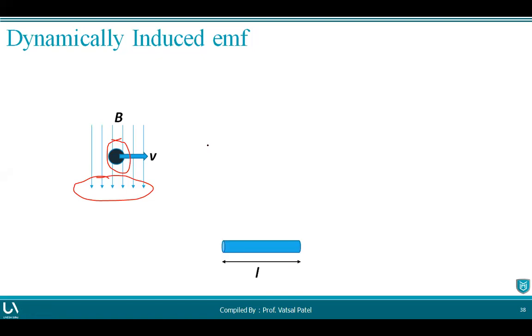Now you have to consider that whatever the conductor is there in the magnetic field, having a length L, this is the length of the conductor which is inside the magnetic field, right? The second diagram indicates that the magnetic field, you can see the direction in the first diagram, which is perpendicular or parallel to the magnetic field. Can you tell me?